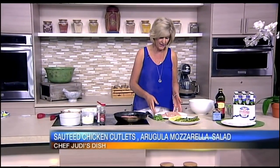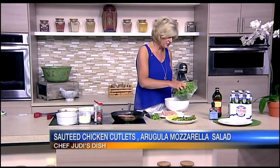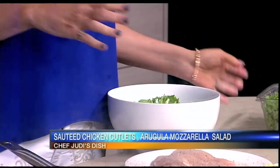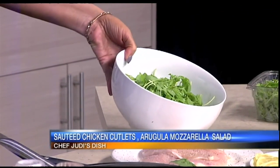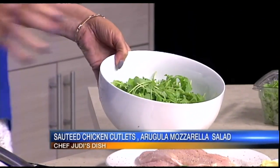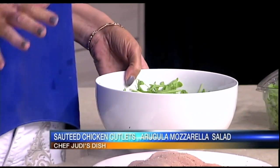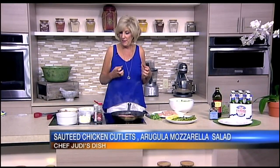Now in the meantime, we're going to get ready to make the salad for when we come back. I have fresh, organic, wild arugula. Now wild arugula is great because it's that real spicy type. You can also get it over at a place like a garden store, a farmer's market. Jessica's Stand on Friday afternoons, Saturday mornings when they're open, their arugula just has this really intense peppery flavor,